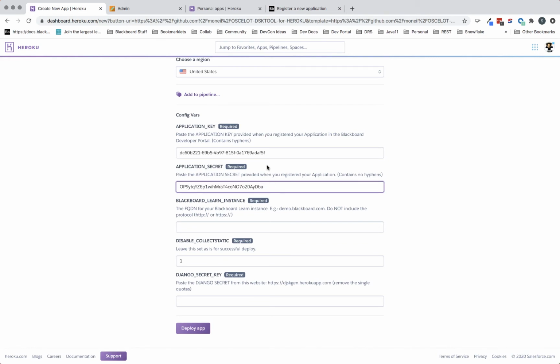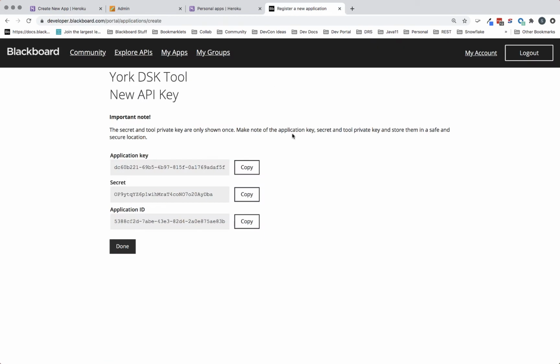And you'll notice the easy way to tell the difference between the key and the secret. Secret is all one string. The application ID is separated by dashes. One thing just to point out here before we move on, one of the most common mistakes